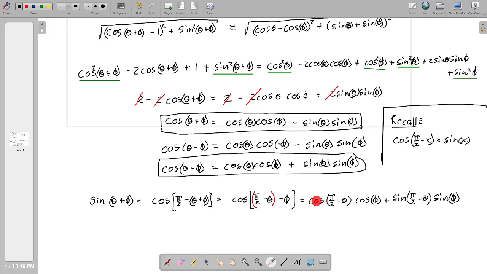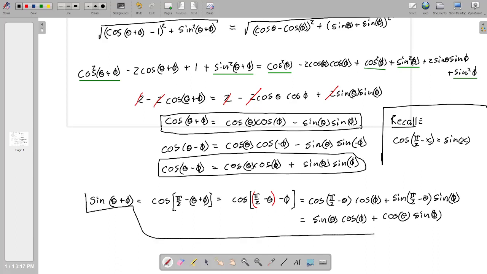Now, again, we can see cosine of pi over 2 minus theta, cosine of pi over 2 minus x will become just sine of x, which means this becomes just sine of theta. So this is the same thing as sine of theta, cosine phi, plus, and again, we do the same thing. Sine of pi over 2 minus theta becomes cosine of theta, sine of phi. And I will formalize this on the next slide. But we can see we have sine of theta plus phi is equal to sine of theta, cosine of phi, plus cosine of theta,